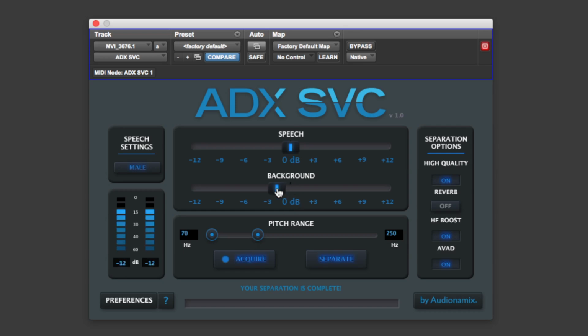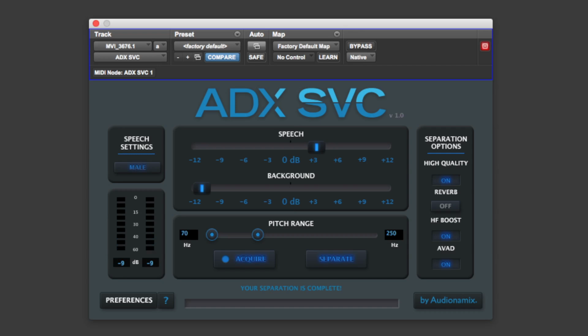Now the other thing I don't like about this amp is this little switch we have next to the master volume. Now the other thing I don't like about this amp is this little switch we have next to the master volume. Now the other thing I don't like about this amp is this little switch we have next to the master volume. And bypass. Now the other thing I don't like about this amp is this little switch we have next to the master volume. Now the other thing I don't like about this amp is this little switch we have next to the